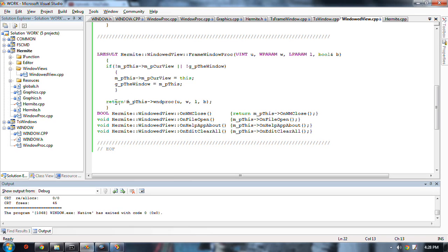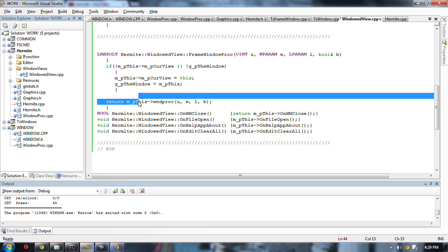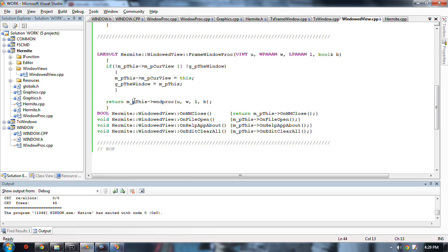Well, before it was just this. Call, it has a pointer to the application. Call WinProc. Okay, but that's too early because this object hasn't yet obtained